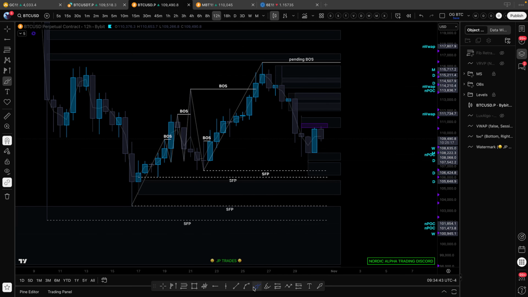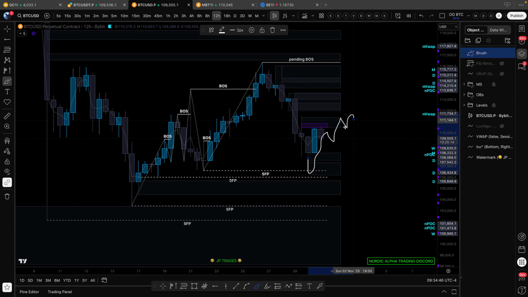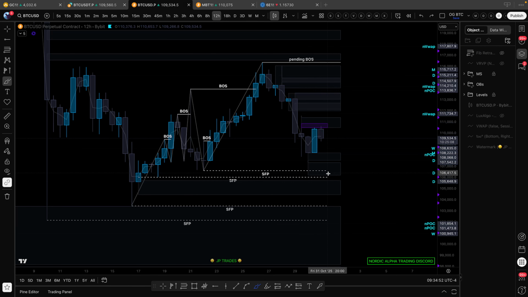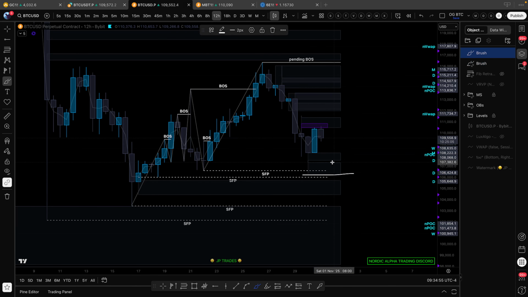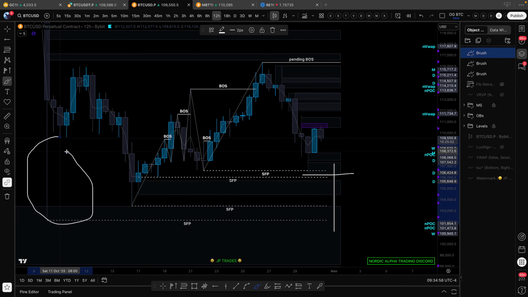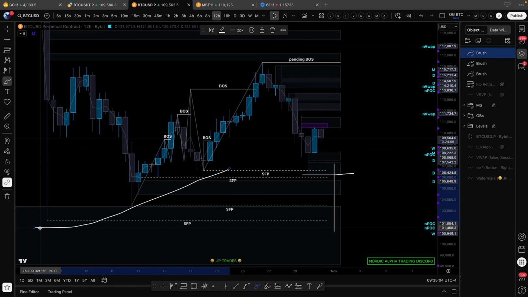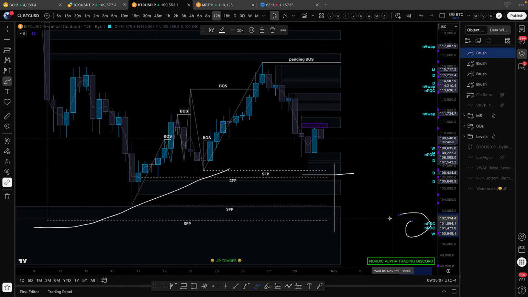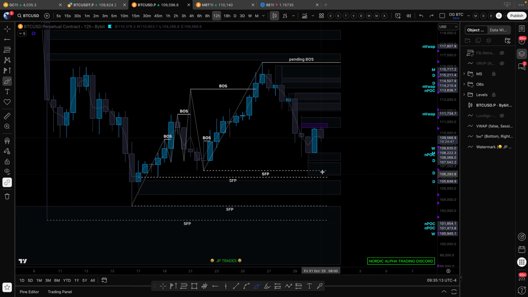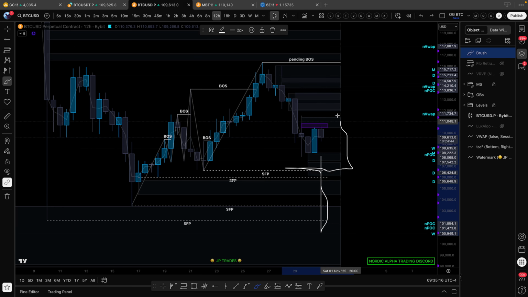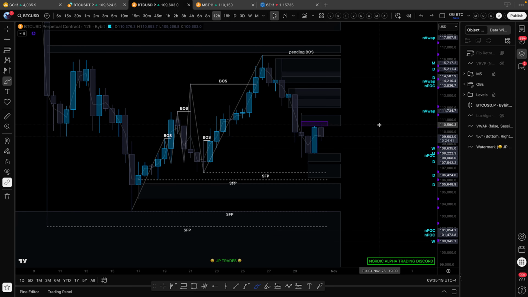However, there is a chance that we just continue up in a redistribution pattern, even locally right here, to go back down to these lows. And we could even SFP this low or create a massive wick, kind of like this one here, or even something like this. Take out all of these lows here, take out these double naked points of control with a very high time frame weekly level, and then we wick that and close above all of this and make a massive candle back to the upside. So we always have to watch our lows to see if all this liquidity gets swept right here,